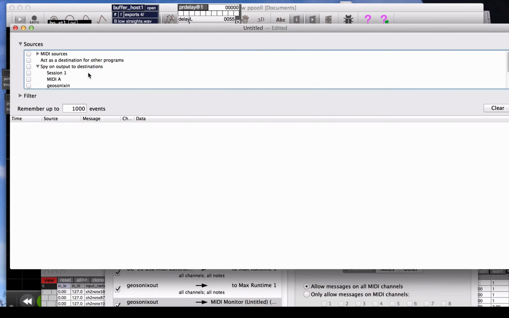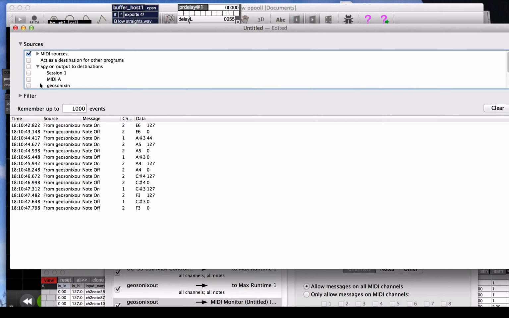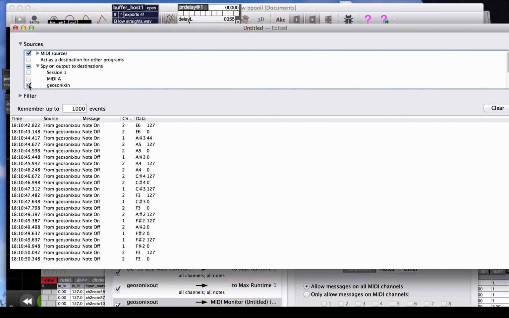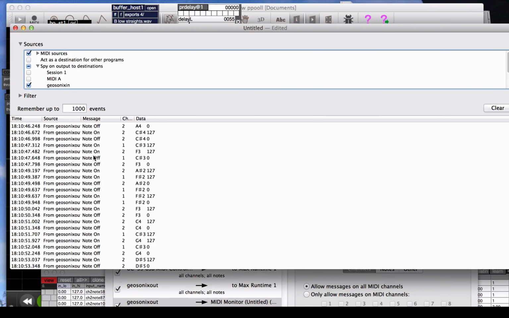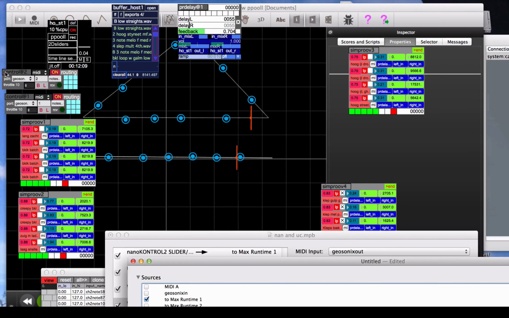And just to find out where you get something, let's see what's going on here. And if you want to know, well, it's really going to, in this case, Geosonix. Oh, sorry, going to Max. And then you see here from 2. So then you know, okay, that's getting somewhere. And then within Max, you take one or two control ads,